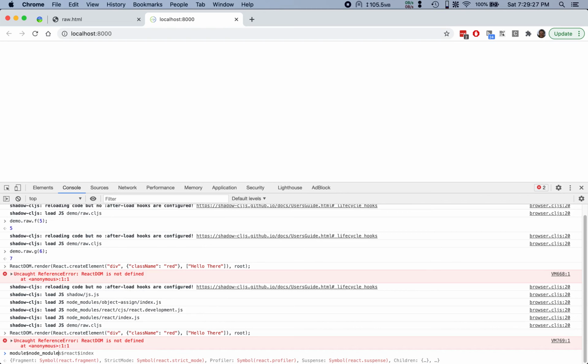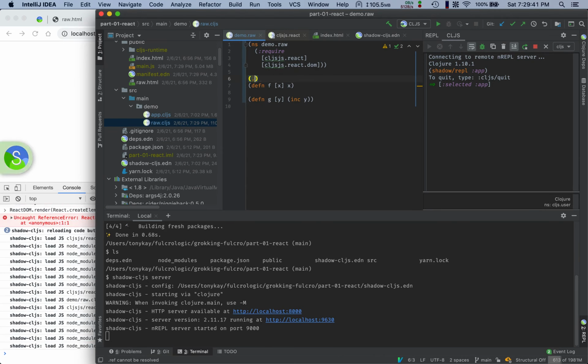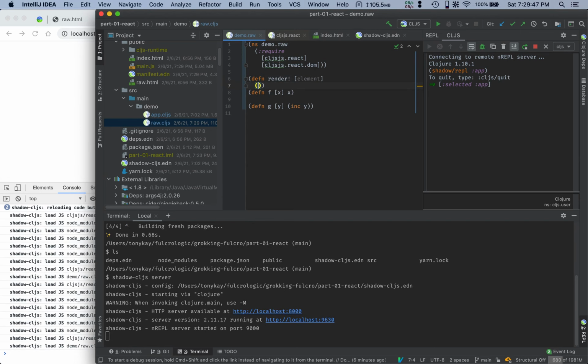So Shadow's trying to help you out here with conflicts. But I'm doing it the old school way first, just to show you this idea of what we were doing over here, right? We were saying, well, let's define a function called render that takes an element, and then in Clojurescript that would be